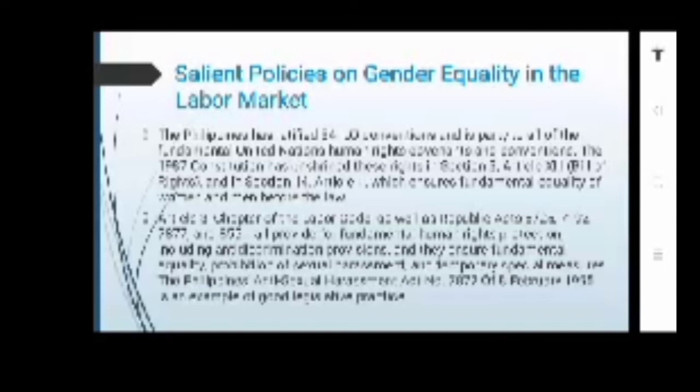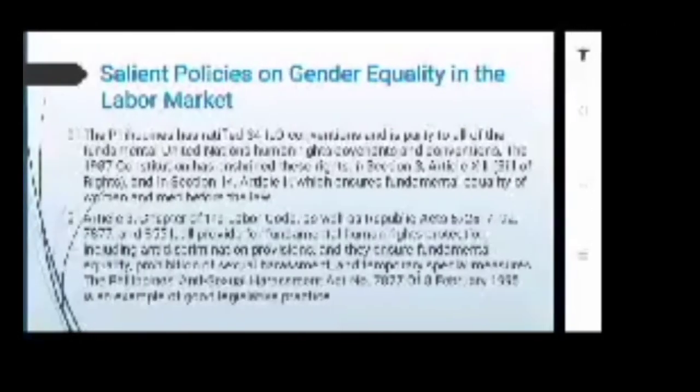The Philippines Sexual Harassment Act number 7877 of 8 February 1995 is an example of good legislative practice. The Magna Carta of Women, Republic Act 9710, is an overall legislative framework